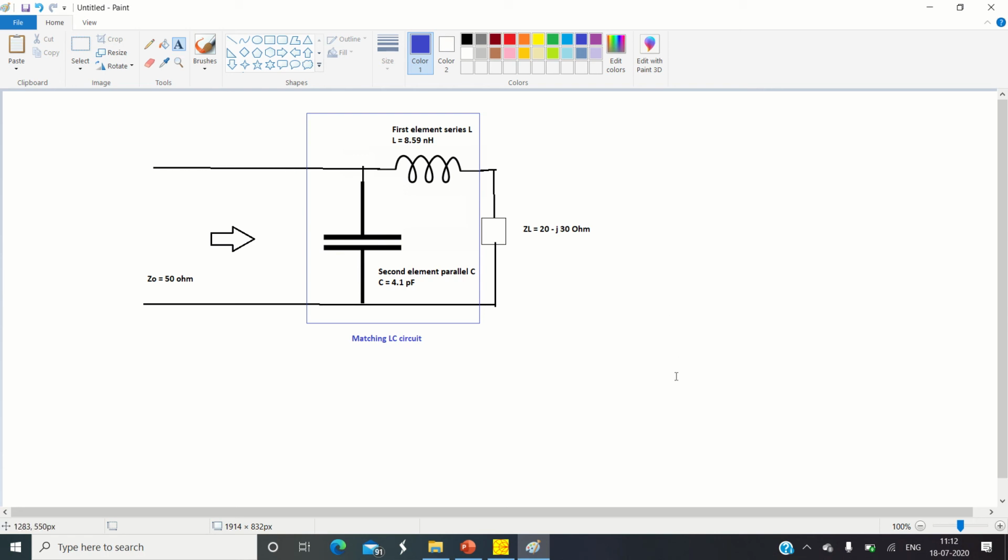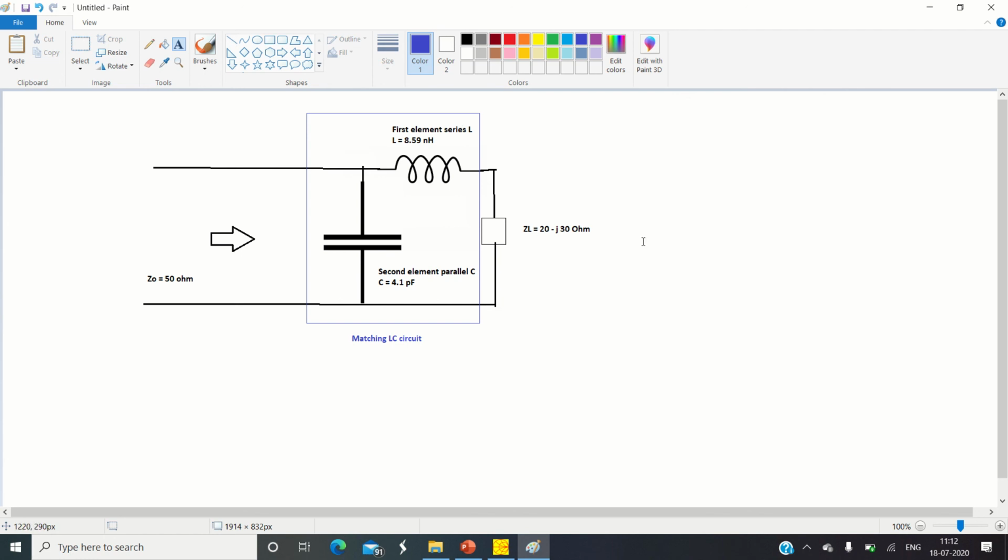I hope all the procedure you have completed along with me, and this particular question, if it is asked in the examination, it will carry at least 10 marks. So please remember, it is a very straightforward solution. Only you need to remember the exact sign convention, and you should be able to exactly read the values of reactance and capacitance. Okay, and you need to remember the 4 standard formulae to calculate the values of lumped elements. Okay, and you should also be able to make a proper judgment when to use what element and which configuration. Okay, so I hope that this second example of lumped element is very clear to you.